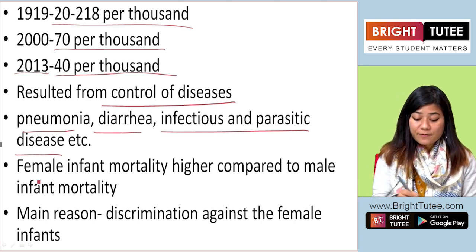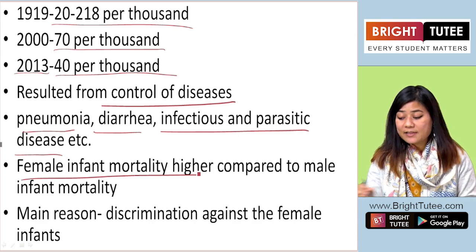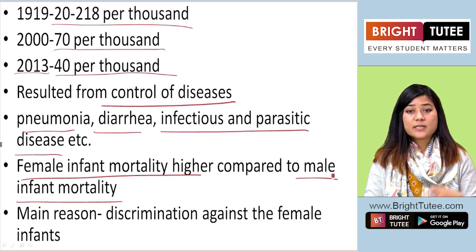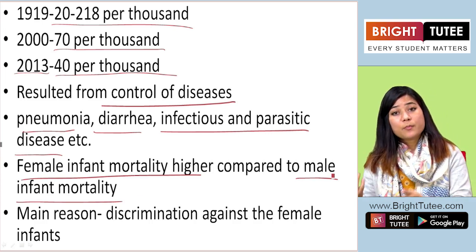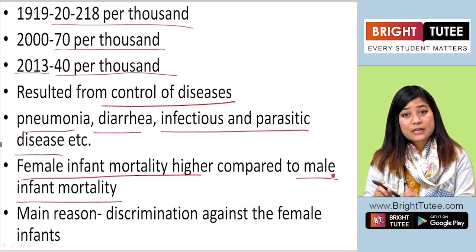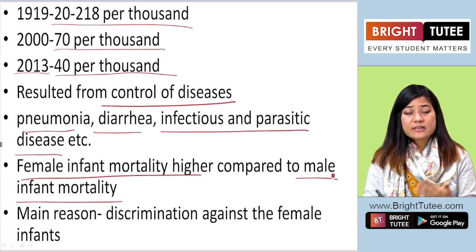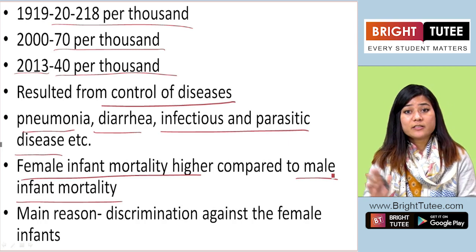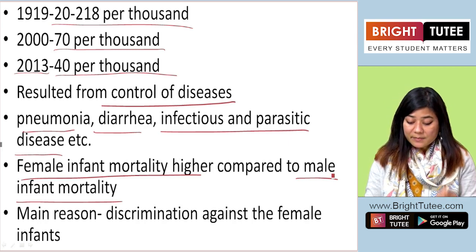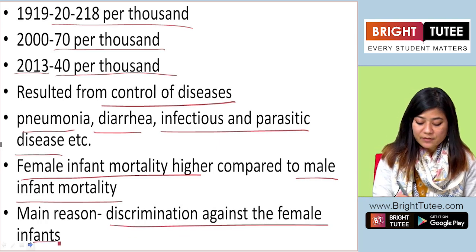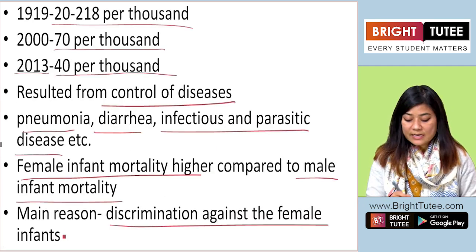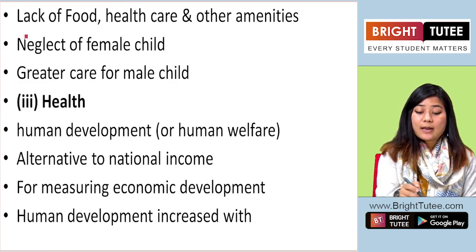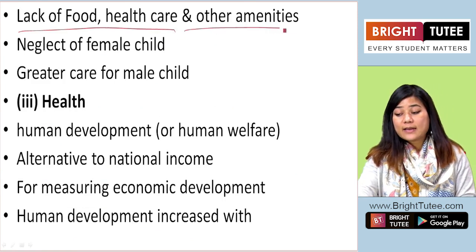But however, the female infant mortality rate is higher compared to the male infant mortality rate. So the number of female children dying is more in proportion to that of the male infants. Now there are main reasons which cause the female infant mortality rate to be higher than the male infant mortality rate. The main reason is discrimination against the female infants. And there are other reasons which are lack of food, lack of health care,